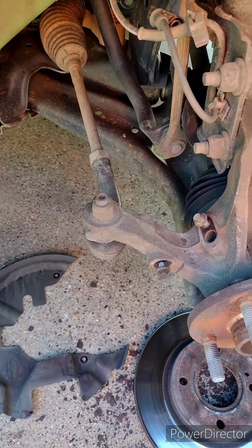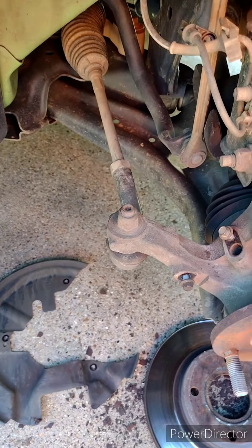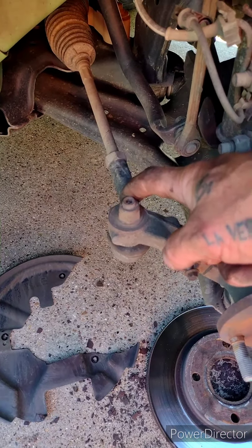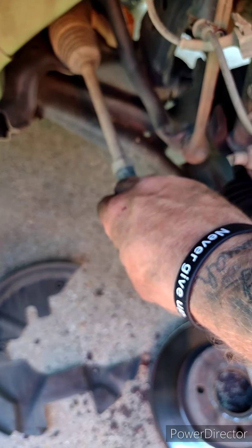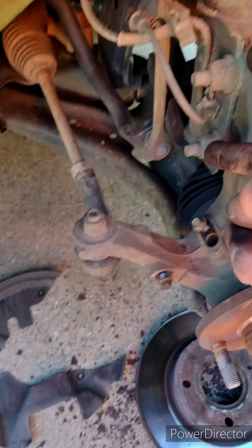Now the next step, you may have to have a pickle fork to do. I've got one rented, so it shouldn't be a problem. We're going to loosen this tie rod nut. We're going to take a pickle fork, leaving the nut on but loosened. We're going to pry this tie rod loose, and then we're going to remove the nut, drop the tie rod,